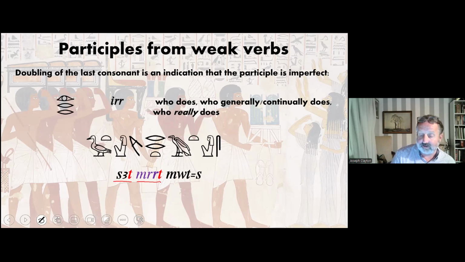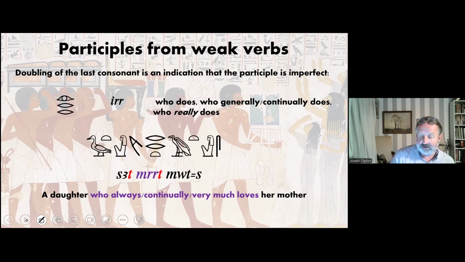So, it's a daughter, so it agrees. This is what she does. She loves. Mut.s, her mother. Okay? So a daughter who always or continually or very much loves her mother. Okay? See, it's doubled there. That's the important thing. The verb is meri, so it's got an extra R in it,